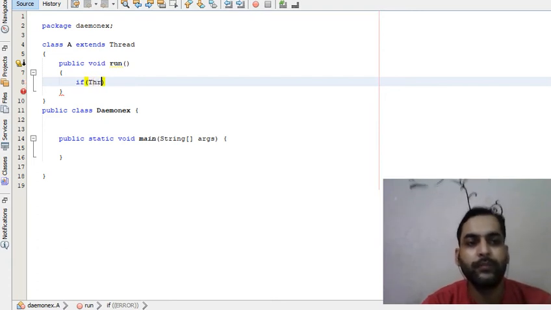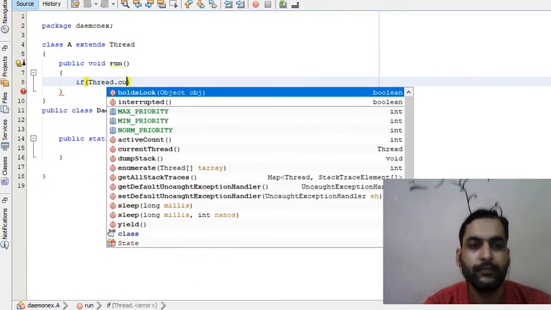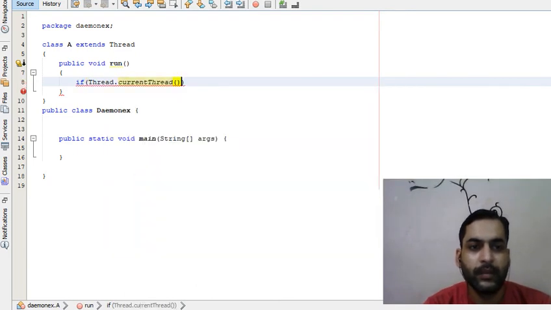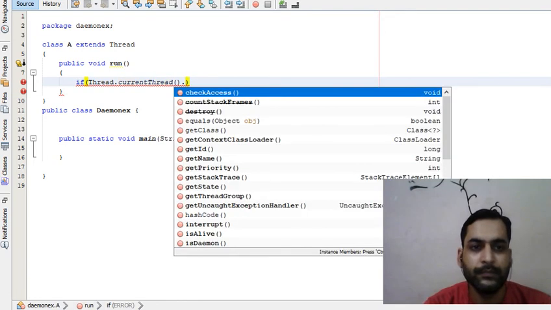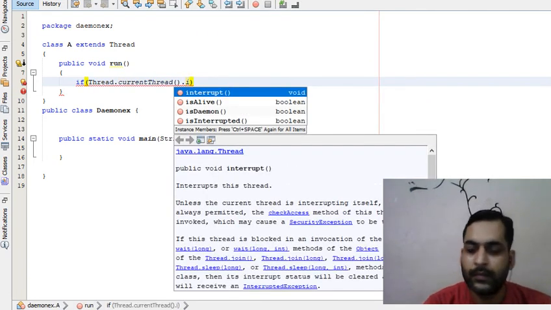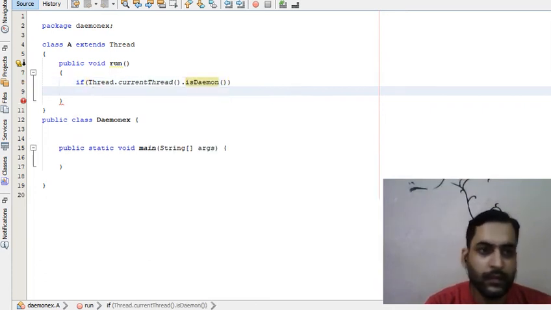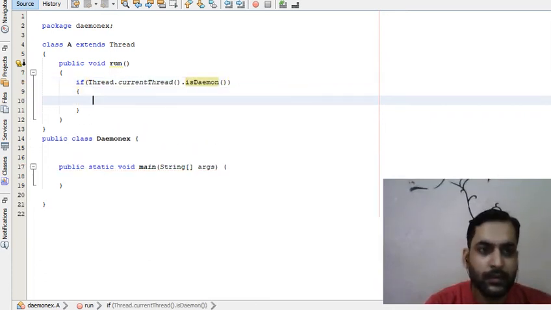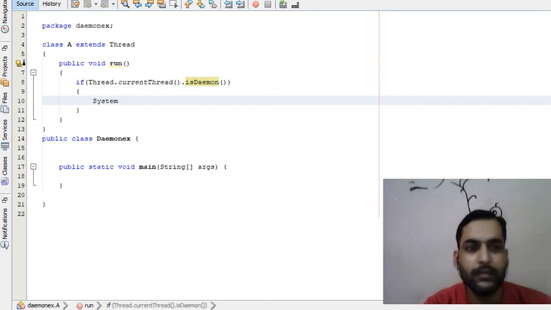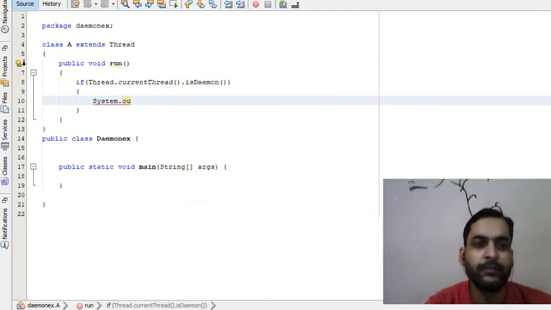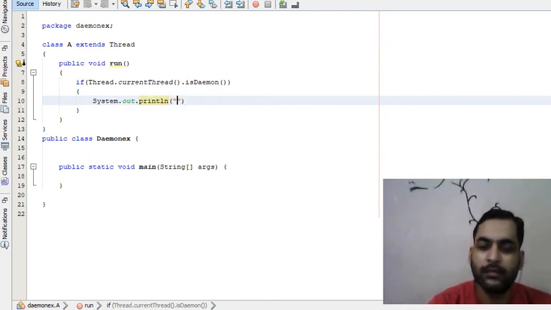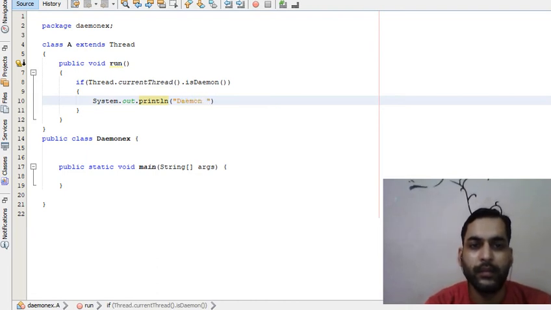If Thread.currentThread().isDaemon(), then I'll print System.out.println("daemon thread").